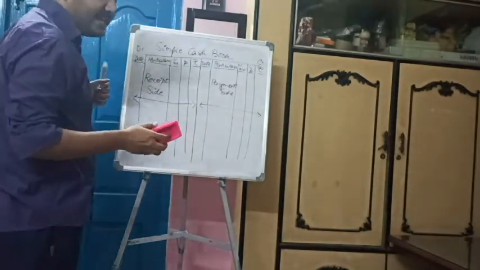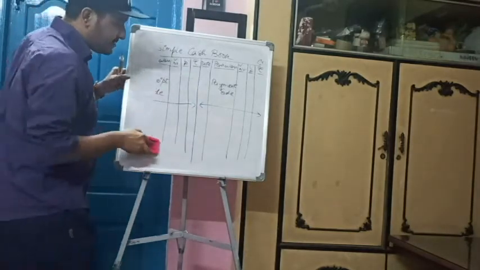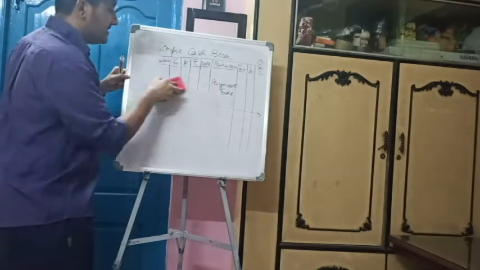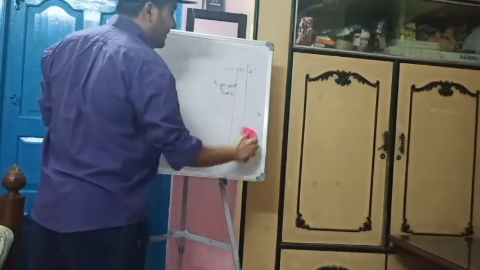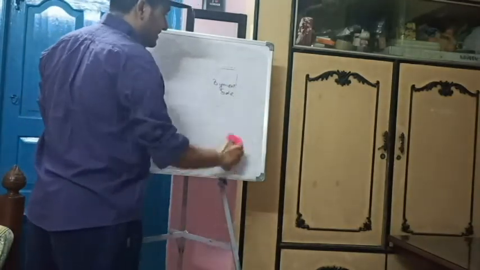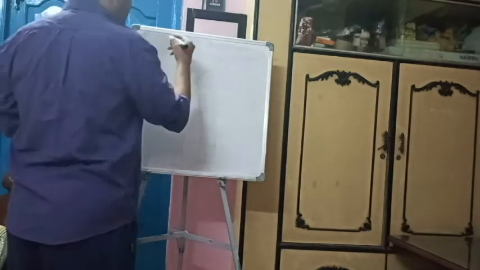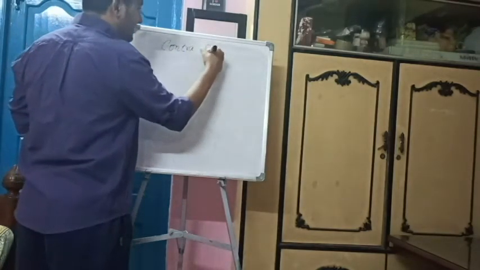Fine. Now let us move into the contra entries which would appear in the triple column cash book. Before going into the triple column cash book, we must learn what the contra entries are. Very important, because here many students get confused. Nothing to be confused about, just pay attention and you will understand each detail of it. So what are the contra entries? That means entries which take place on both sides.